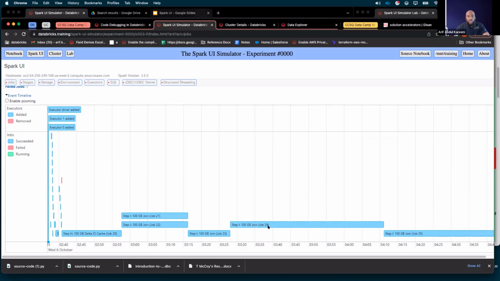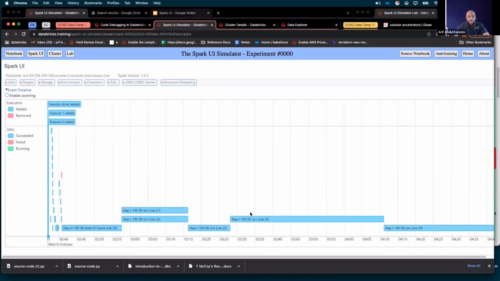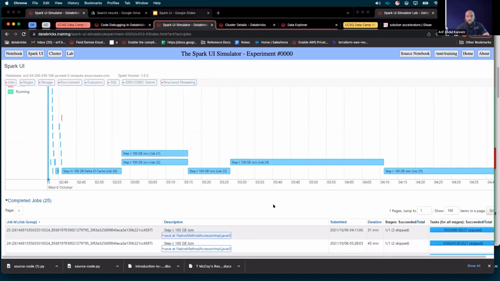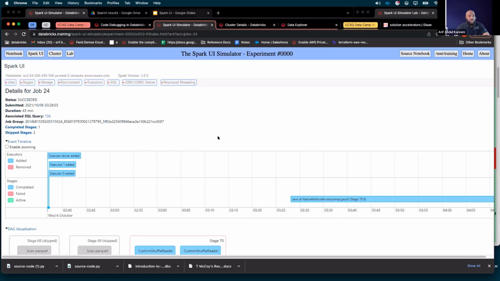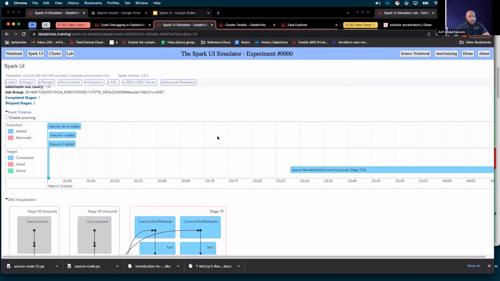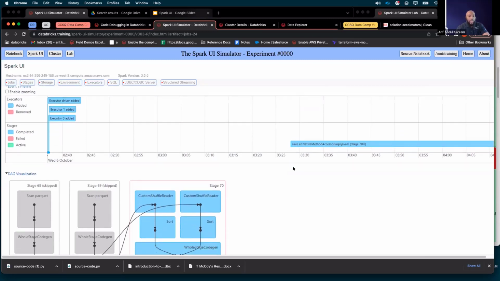and kind of where those bottlenecks are and how Spark is breaking down what you're doing, so that you can quickly identify, in this case, we don't have any completely outlier jobs, but let's say job 24 was taking a really long time. Now I could jump down and say, okay, what is job 24? And I could dive a little bit deeper and start to look at the different stages within job 24. And I can see which stage specifically is acting as the bottleneck,